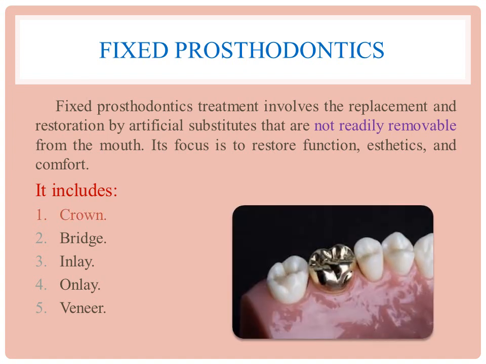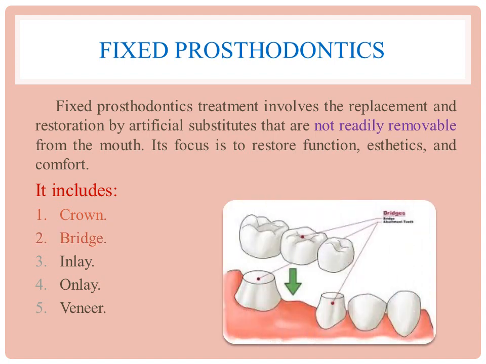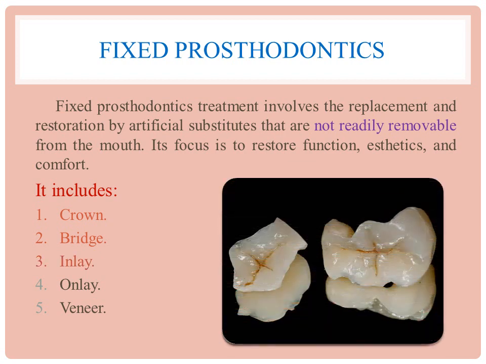The crown is the restoration that covers the external surfaces of the tooth, or it may be a bridge. This is a bridge in which the restoration replaces one or more missing teeth, or it may be an inlay in which the restoration is an intracoronal restoration,